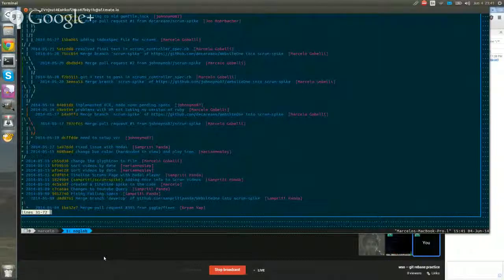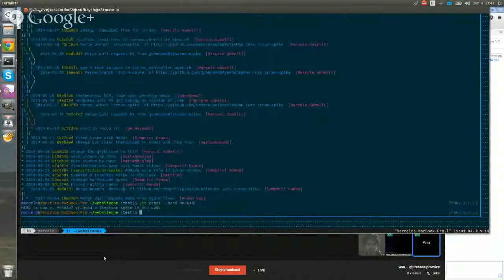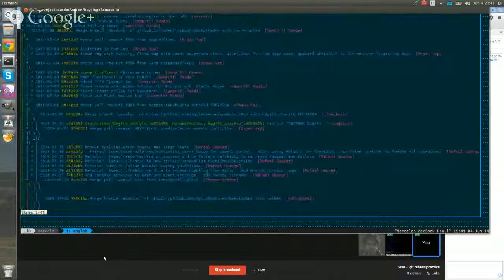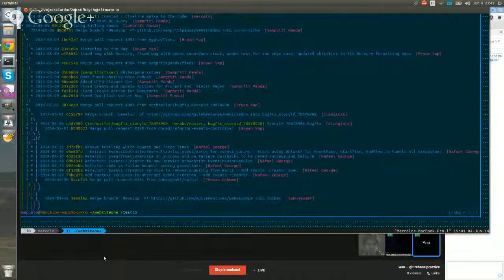Created a timeline spike in the code. Yes, that sounds about right. So I want to do git reset. So if I type git log, yep, I'm back here. All right. So, yeah, I'm in the test branch.